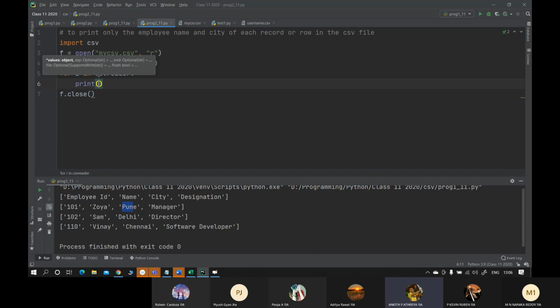Sir, can't we mention the header and then indexing? No, forget the header for now. I'm just asking, you have to mention this field and this field of every row, or every I. We'll use indexing. What can we do? We can write something like